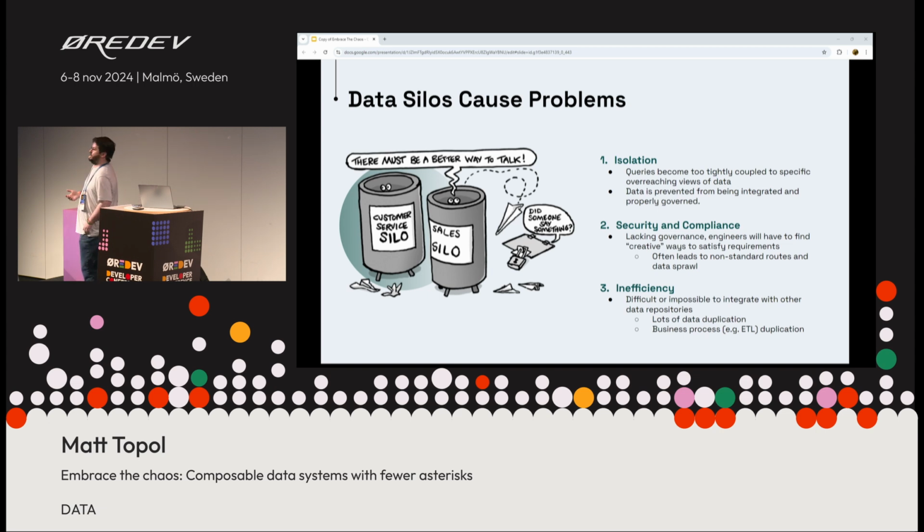And what currently ends up happening a lot is you end up with these data silos. And I'm sure many of us have experienced the issues with these data silos where you're working on some application and you're trying to build a new system and you realize you need data from this system over there and there is no good way to actually get it. You're in the bad data place at that point because you're like, okay, how do I get this data over here and that one over here?